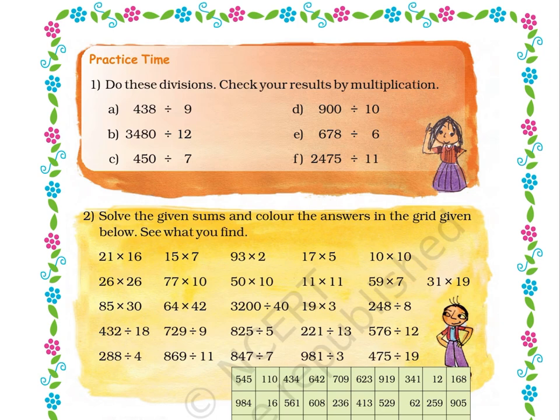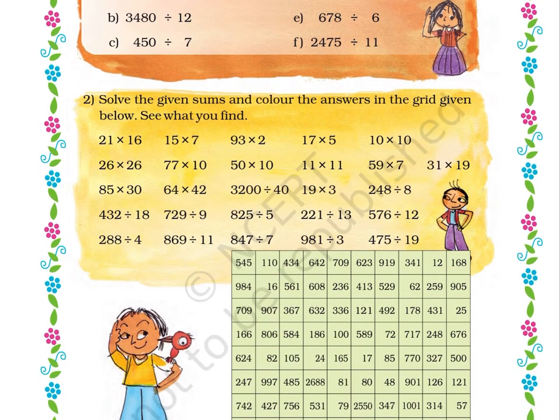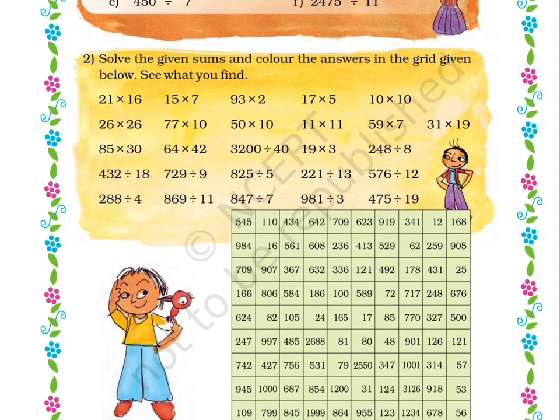The sums are 21 multiplied by 16, 26 multiplied by 26, 85 multiplied by 30, 432 divided by 18, 288 divided by 4, 15 multiplied by 7, 77 multiplied by 10, 64 multiplied by 42, 729 divided by 9, 869 divided by 11, 93 multiplied by 2, 50 multiplied by 10, 3,200 divided by 40,